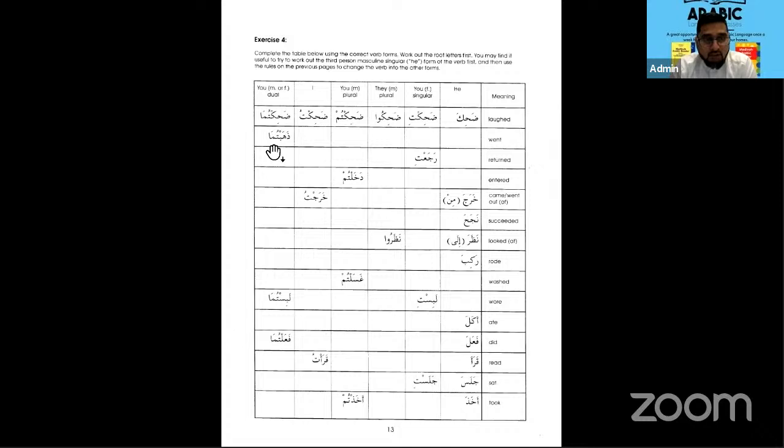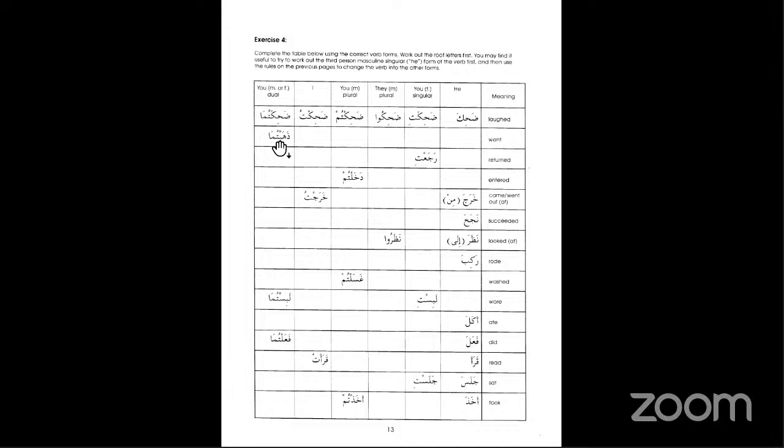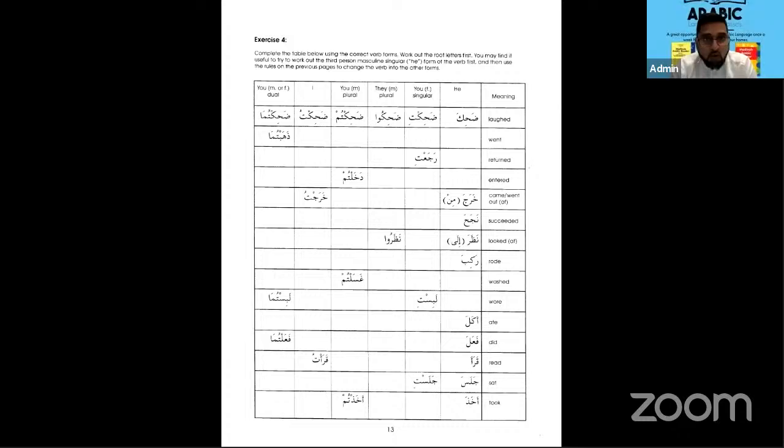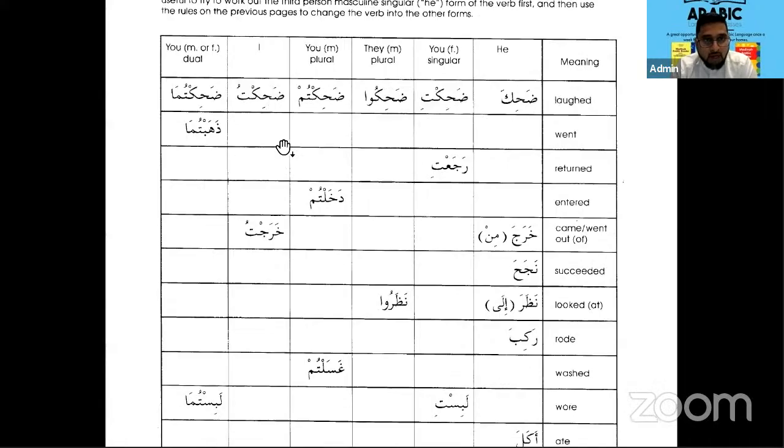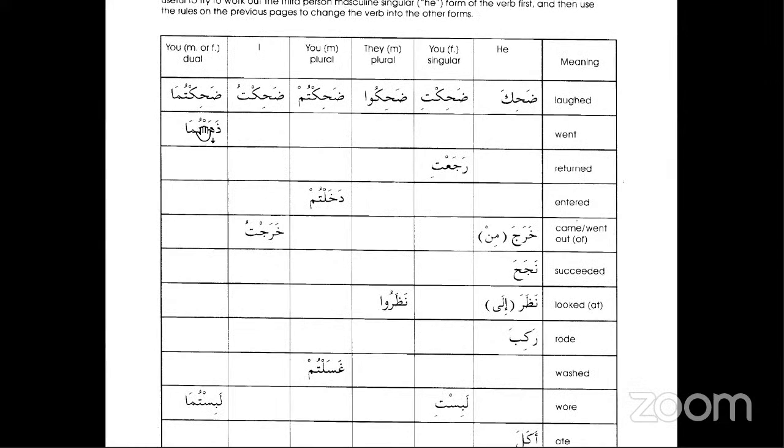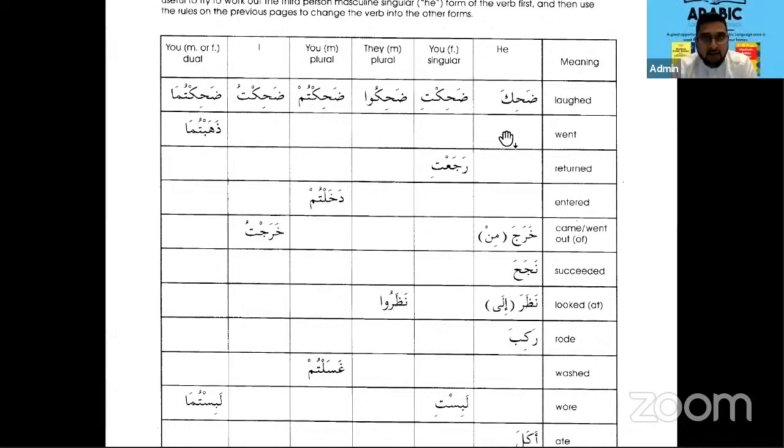Good boy. Now, this one here, it says dhahabtuma, correct? Yes. What would this mean? Dhahabtuma is went. They both went, yes? Yes, so it does. How would you say he went? So from here, dhahabtuma, if you wanted to change this to he went, you need to remove the tuma and the ba, which has a sukoon. Can you see the sukoon on the ba? Yes. You put a fatha there. And then you end up with the first verb, he went. What would it be?